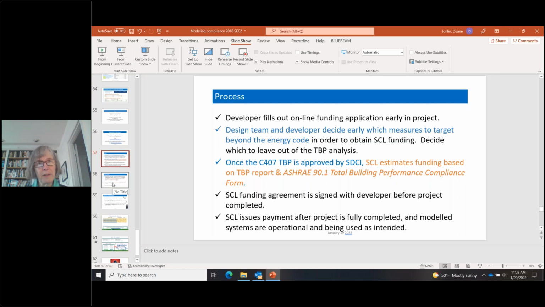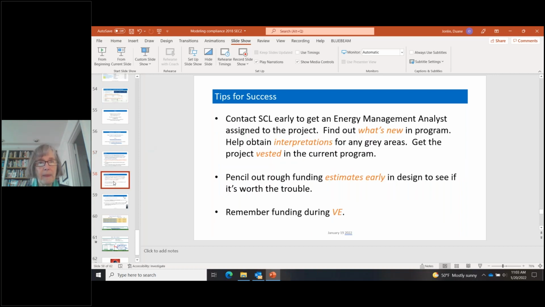And once the project is completed, Seattle City Light goes out to the building to check that any major elements influencing the results of the total building performance have been installed more or less as modeled and are fully operational. We don't do nitpicky review, but we check that the major assumptions are consistent with what was actually built, and then we issue a check. Next, please.